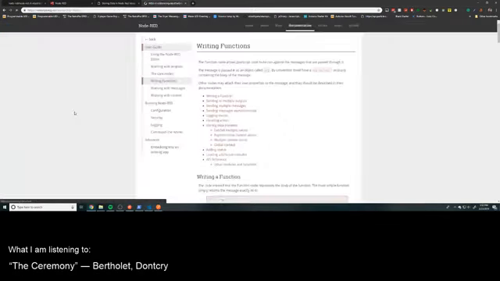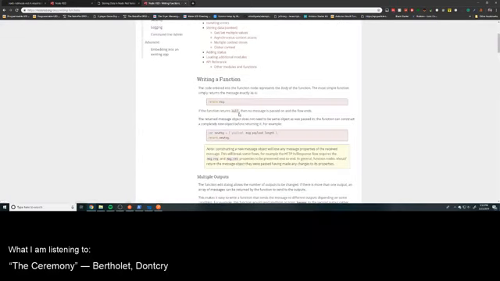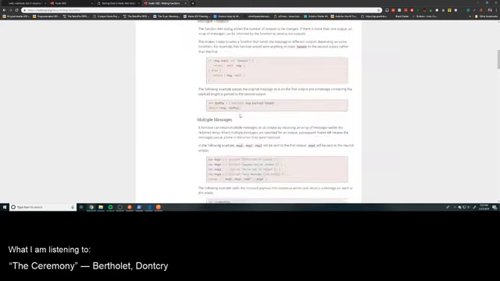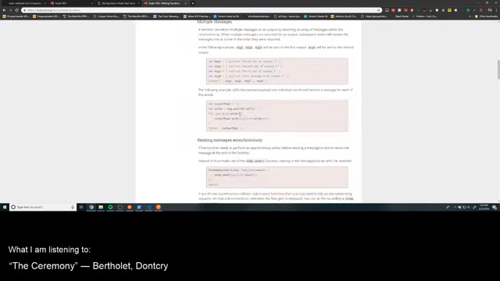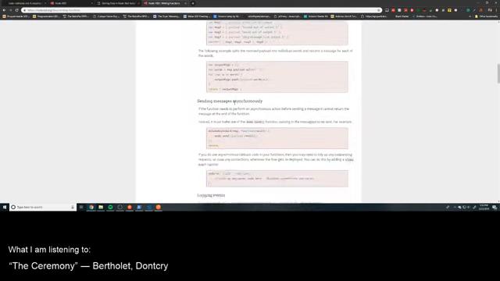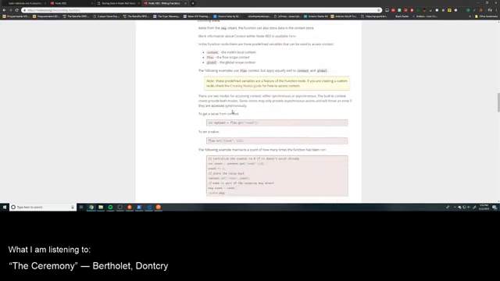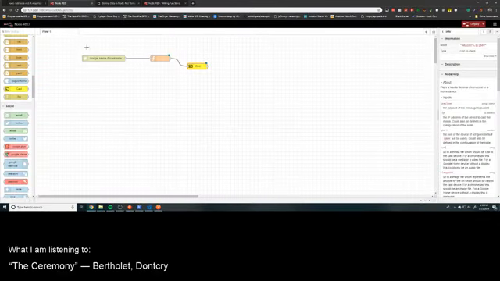Writing functions, sure. I think it receives them by adding msg dot whatever dot payload.